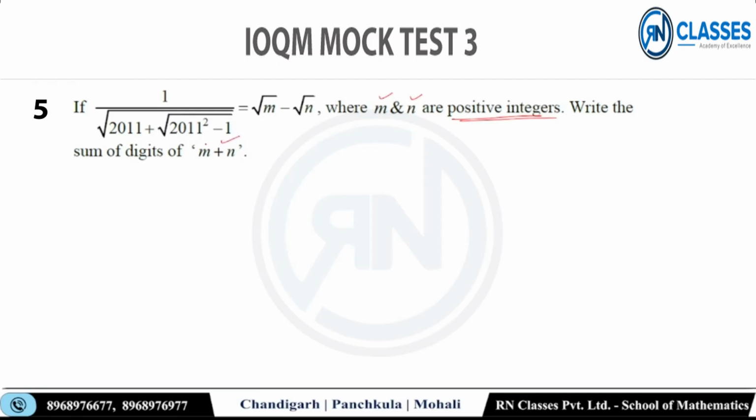मैं एक काम करता हूं, m और n निकाल लेता हूं या m plus n निकाल लेता हूं, ठीक है। मेरे को तो यार रैशनलाइजेशन का क्वेश्चन लग रहा है, रैशनलाइज कर दो आंसर आ जाएगा, तो मैं रैशनलाइज करने की कोशिश करता हूं, ठीक है। देखते हैं क्या होता है।